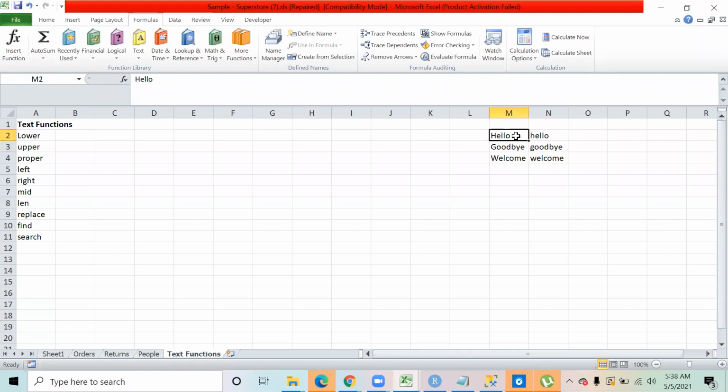Suppose I change the value over here to something else. This formula is going to convert whatever data you have in M2 into lowercase. Okay, this is something that is going to happen. Now over here, when I copied the cell, do you notice something changed from here to here? What is changing in the two formulas?